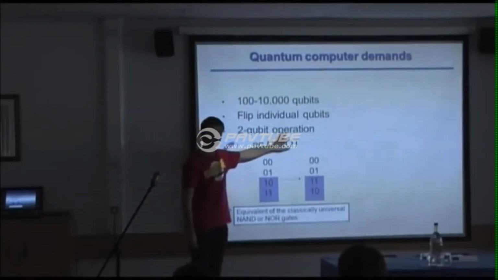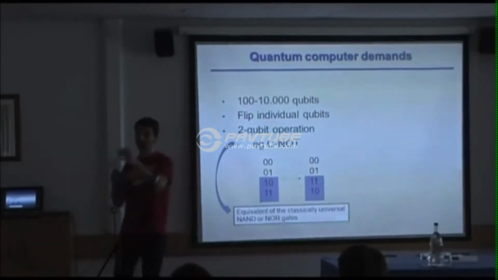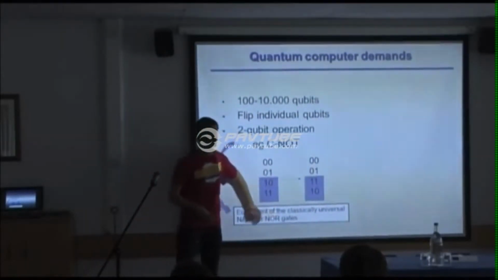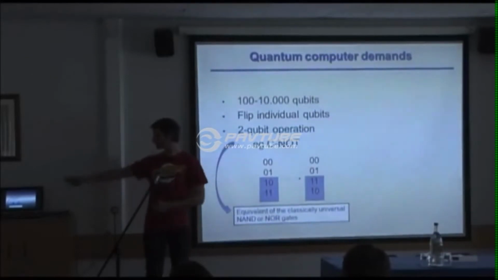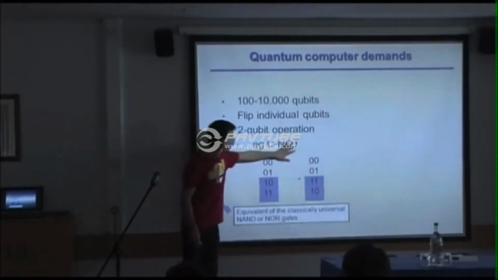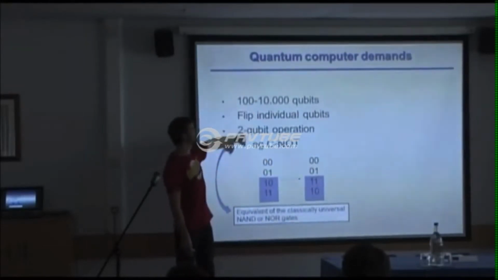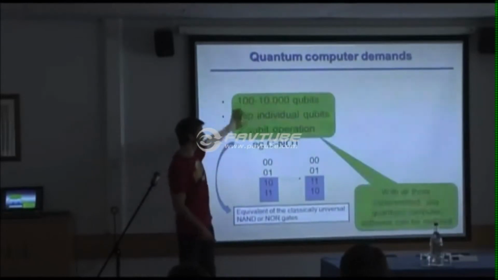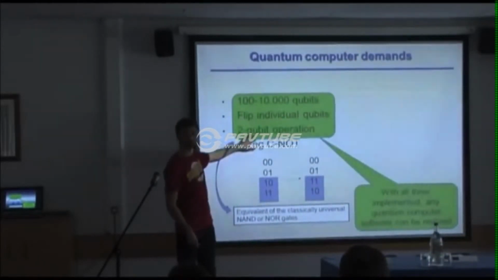And then you need to do something that is called a 2-qubit operation. And for all the computer scientists, you know that there are NAND gates and NOR gates that are universal in making the software on this computer here. And in exactly the same way, if you can implement one of these 2-qubit gates along with the single-bit gates, then it's universal for quantum computation, which means I take all of these 3 steps together, and then I can